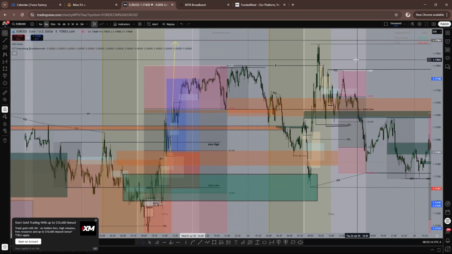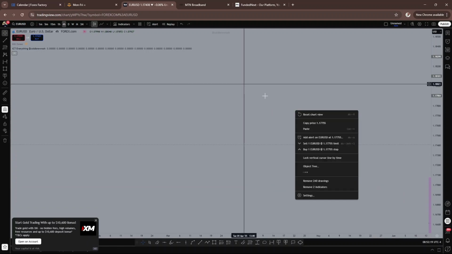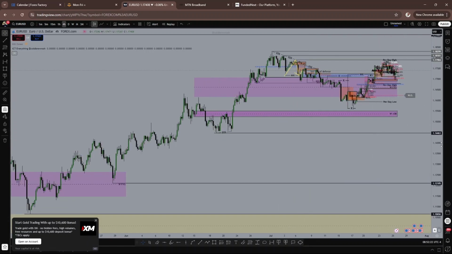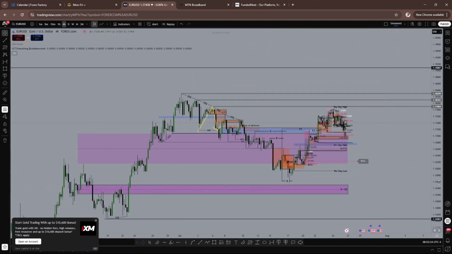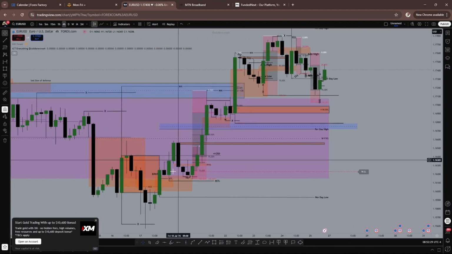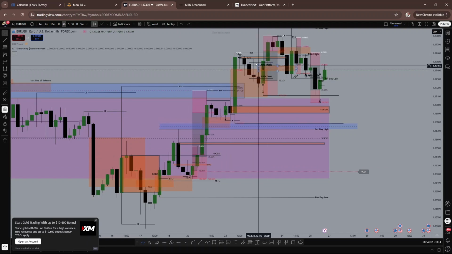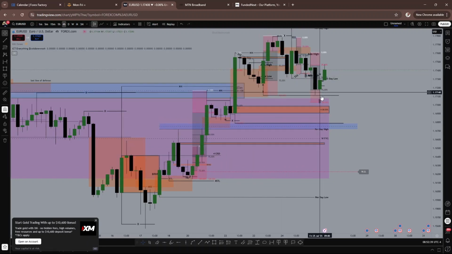If you look right here, if I go to a forward time frame so that you can understand what I'm trying to explain, you can see how price has been respecting this PDRA. Now you can see this new PDRA here, but price failed to respect it and started going down. Why do you think that happened?